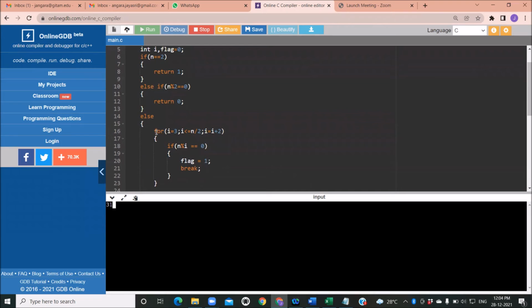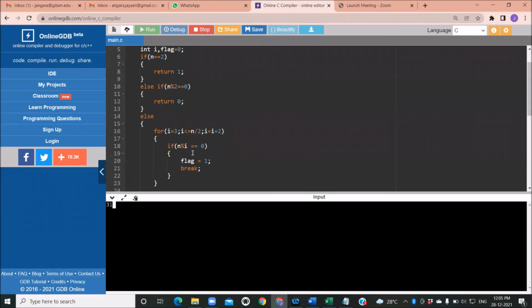Now in the else part, we have a for loop. For every value running from 3 to 15, it is cross checked whether the given number n is divisible by any of the values ranging from 3 to 15.